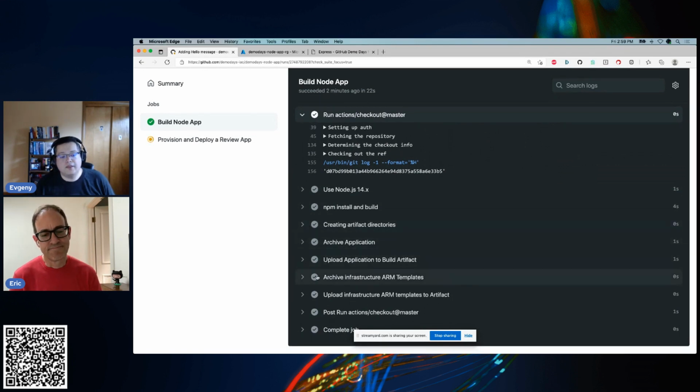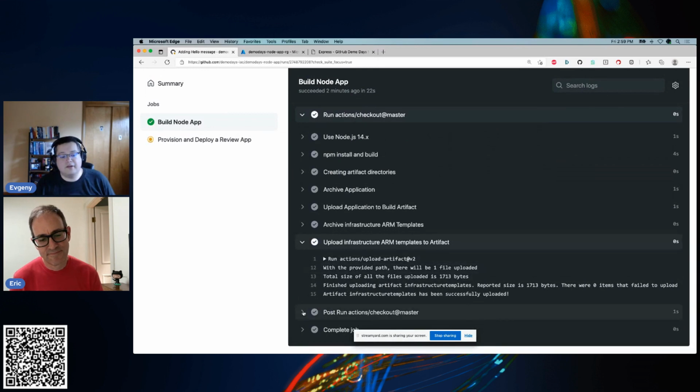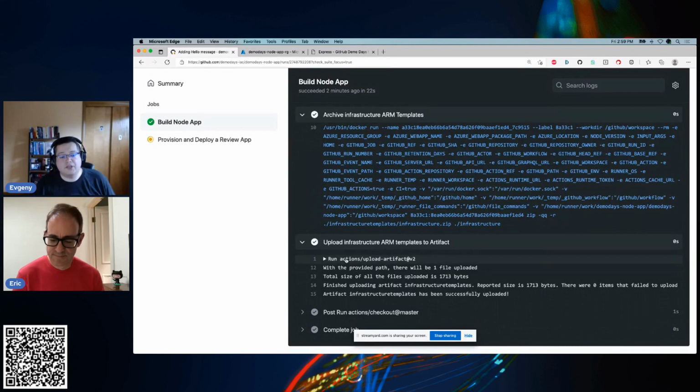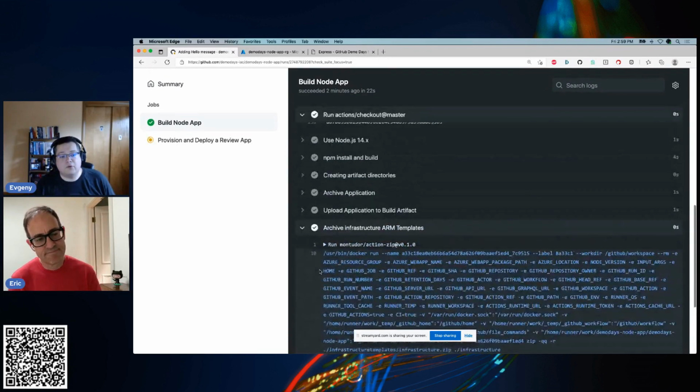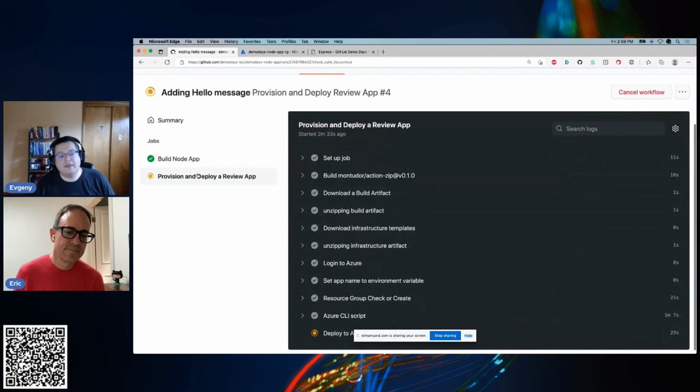We'll get through the actual uploading of the ARM templates, and then we are going to go through the actual provisioning of the code as well. So this is just the building part, right? This is where we're compiling and putting together artifacts. And then this next step that's running...